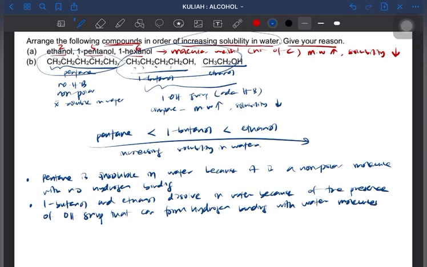Okay, so this is the second point. Okay, bila kita dah compare between pentane dan juga 1 butanol dan juga ethanol, kita nak compare pula between 1 butanol dan juga ethanol. So kita cakaplah kat sini,